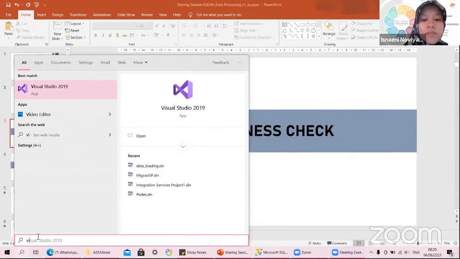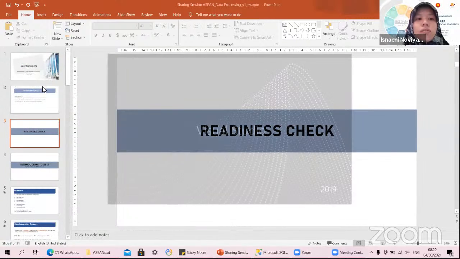Just type Visual Studio, because in the step-by-step installation we recommend using Visual Studio 2019. So I hope you have the same version as us. Just click Visual Studio